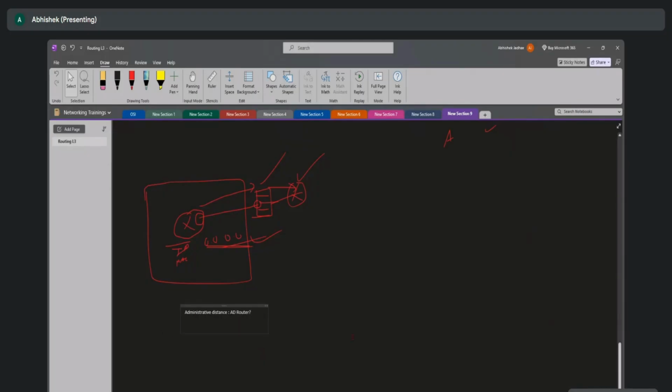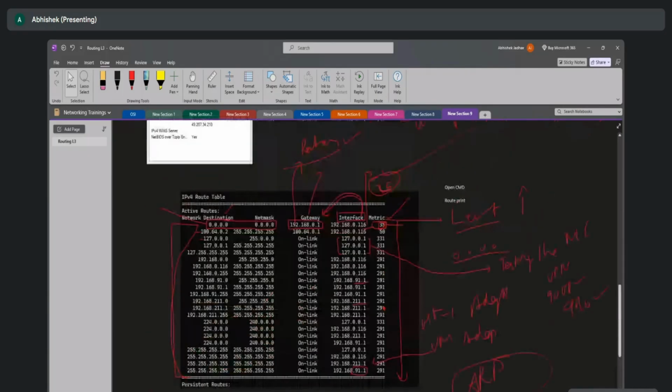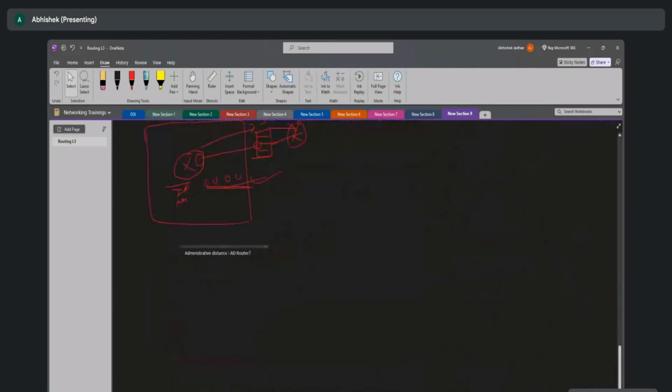It is nothing different than what we have seen for metric, right? But administrative distance is relevant to the routing protocols and was introduced by Cisco. Now, what is an administrative distance,